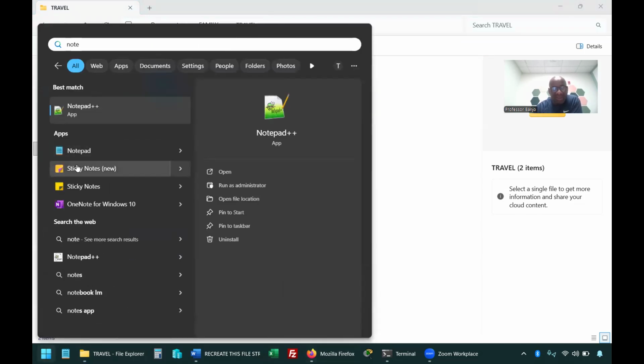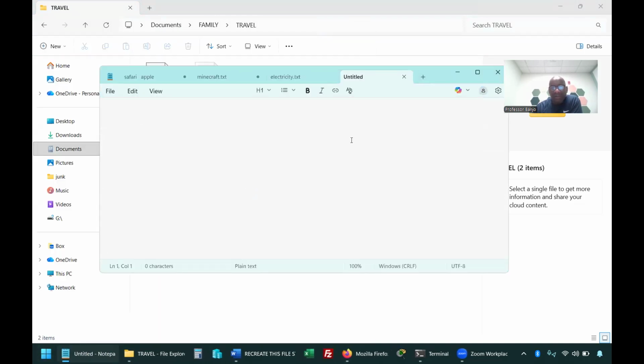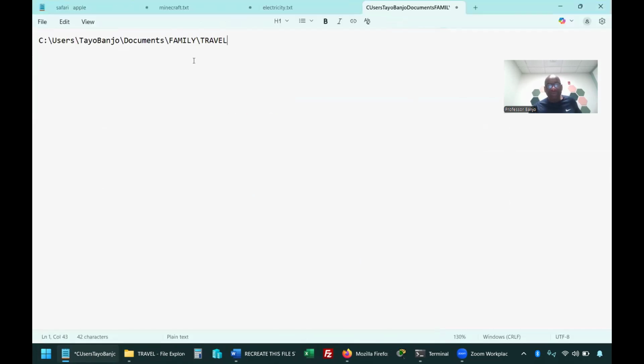Just going to click on Notepad. All right, so let's say I paste this info here, right? And I say to you, go to my computer and go to this travel folder. There's a travel folder on my computer. Just follow this path, and you're going to see a photo in that location, and that photo is going to show you the